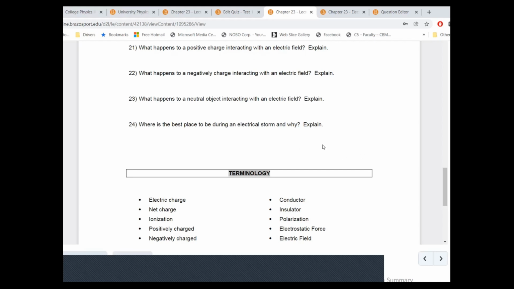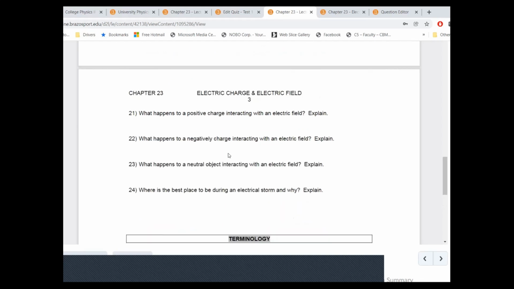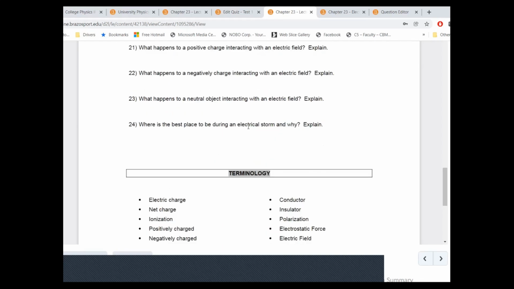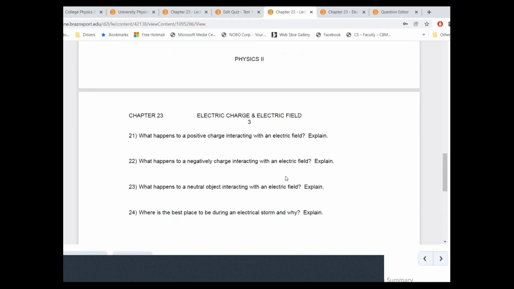All right, those metallic enclosures are known as Faraday cages. And again, Faraday is the guy who's responsible for giving us all the physics that we're going to be discussing this semester. The guy who couldn't do math, but he was able to visualize this in his head. Just imagine that. All right, so that's as far